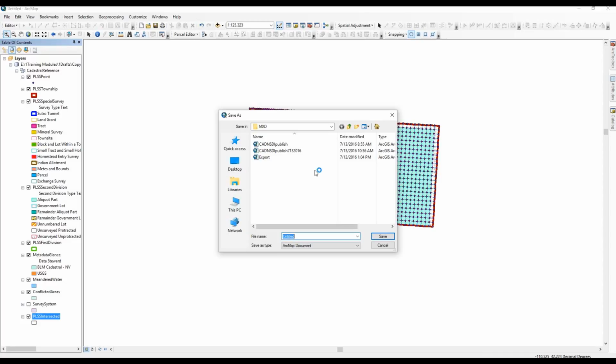So for this instance and this exercise, I'm going to call it CadNSDI publish 7/13/2016, and I'm going to say layer files. I'll call it layer files. I'm going to say save,